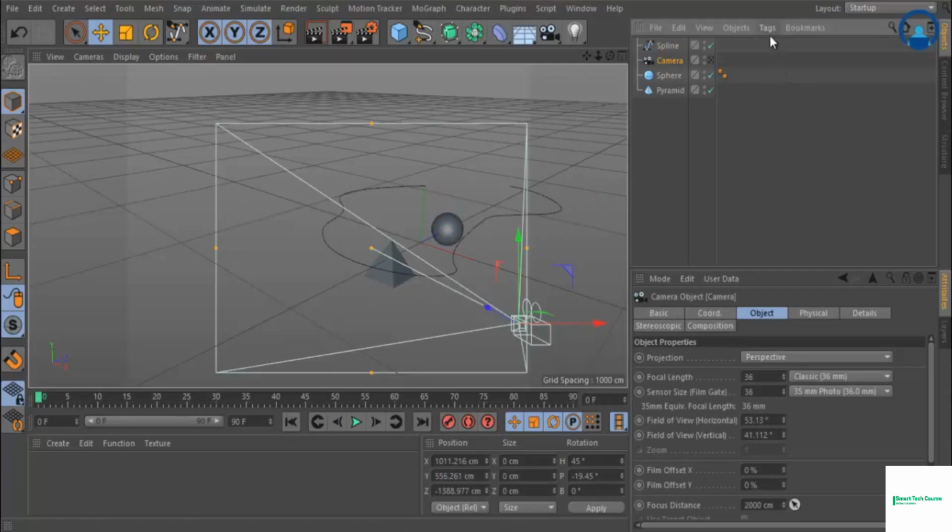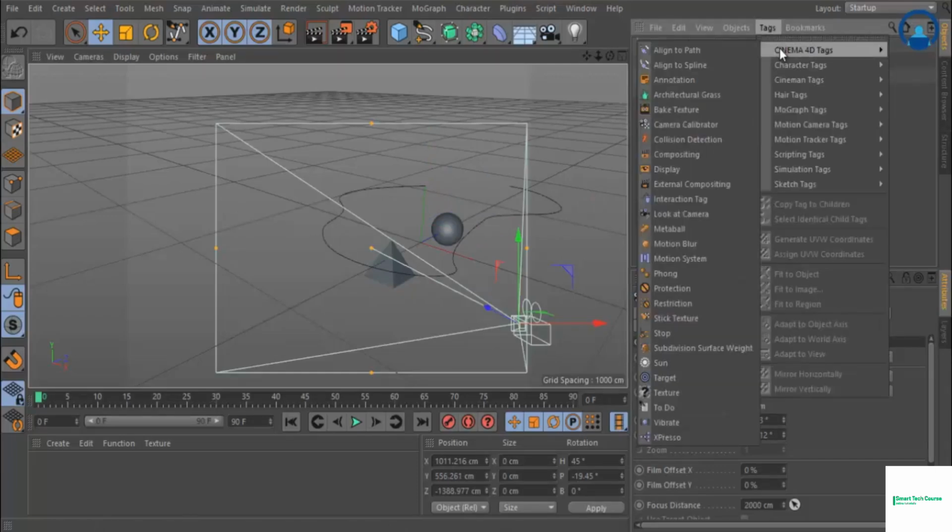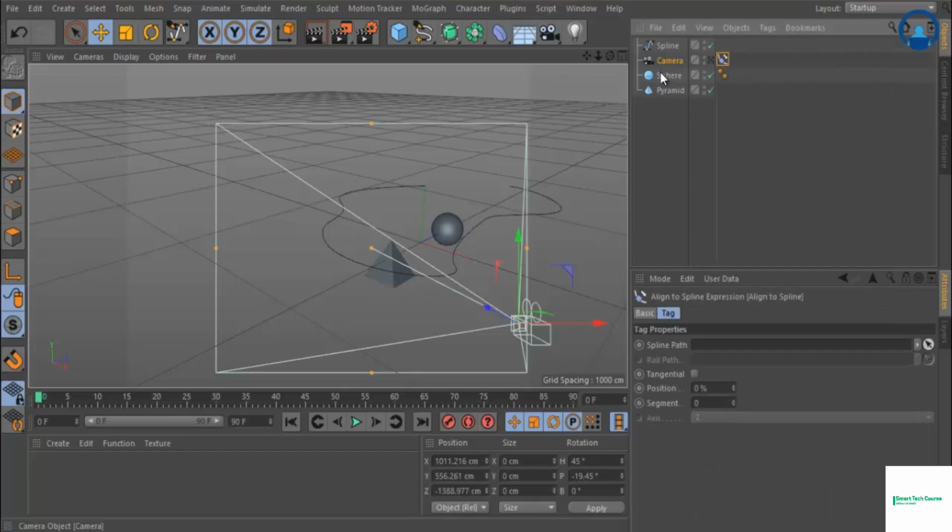Now to attach this camera to this spline, for that I select this camera option and here inside this tag option I click on the Cinema 4D tags and click on the second option called Align to Spline. You can use this tag for many other purposes, but right now I'm using it with the camera. Here inside the Align to Spline option you can drag and drop the spline path. So I drag and drop this spline from here to here